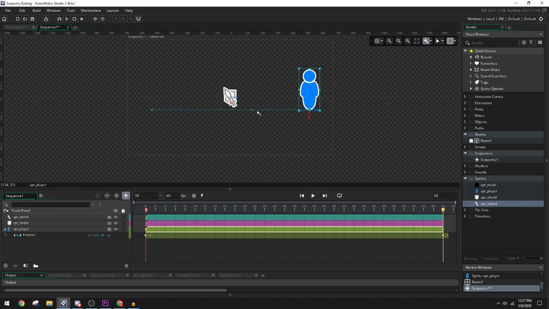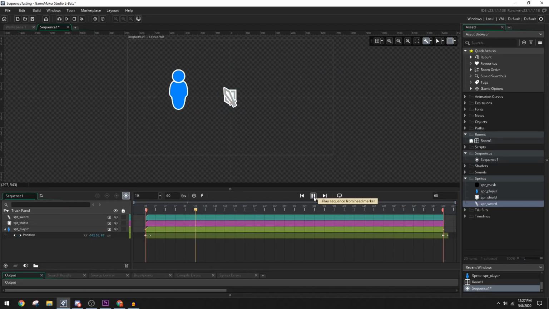You can see this dotted line of animation to show where he starts on the last keyframe, which is on frame 0 right over here. Frame 60 is all the way to the right, so it's over here. And as I scrub my playhead through, you can see that GameMaker has done me a favor and filled in all the frames of animation, going from the left side of the screen to the right side of the screen, which is great. If I want to preview the animation, I can push play right here, and the sequence will